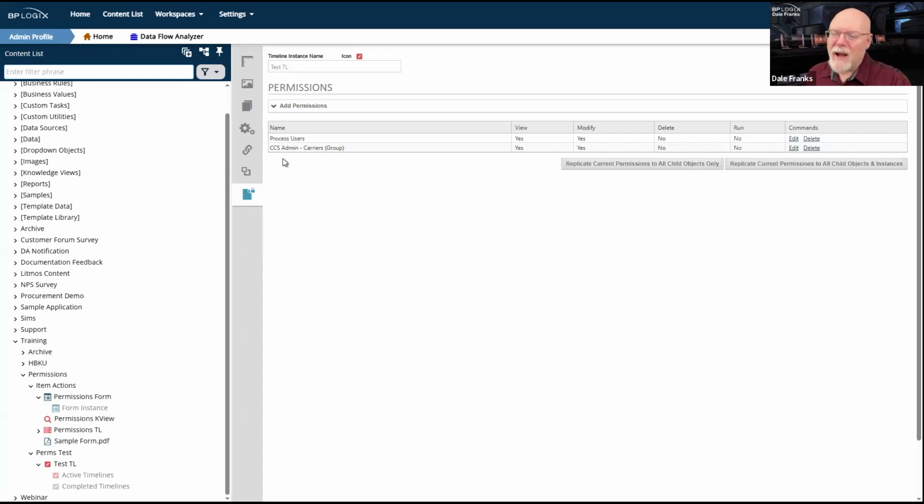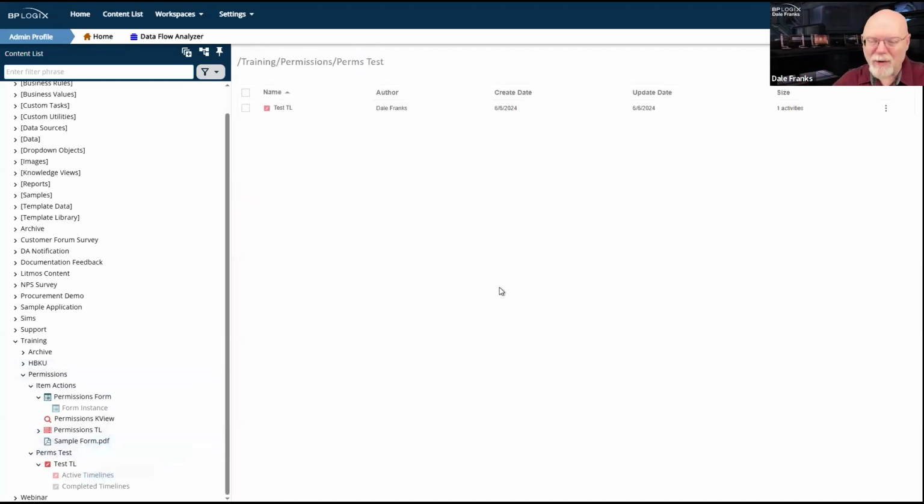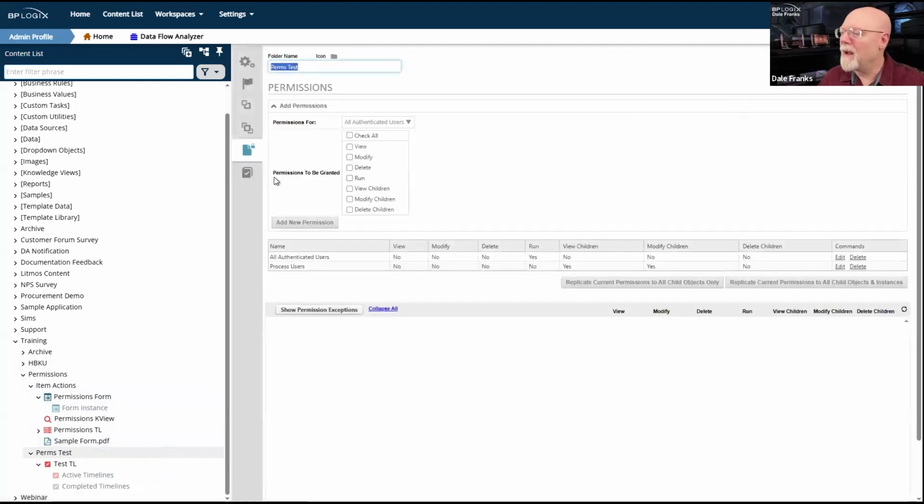So notice it's got CCS admin carriers group still in it, even though if we go back up to perms test, I have completely different permissions set.